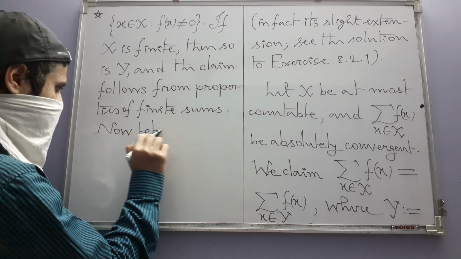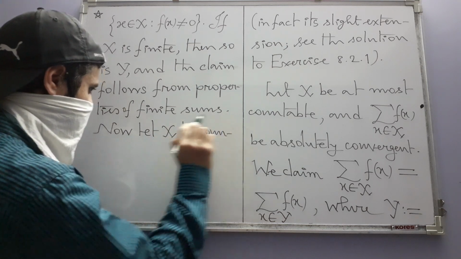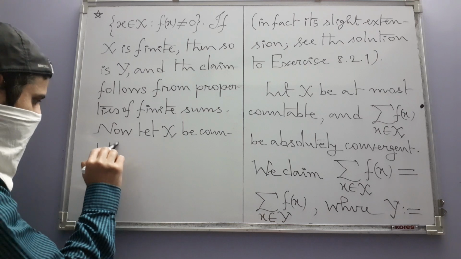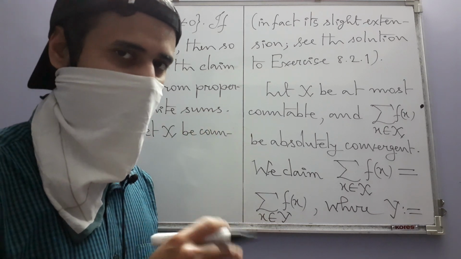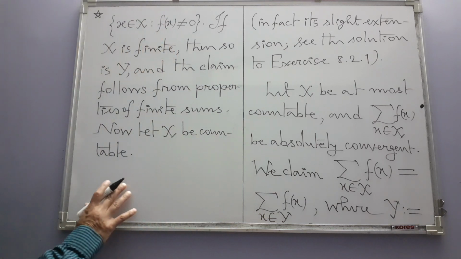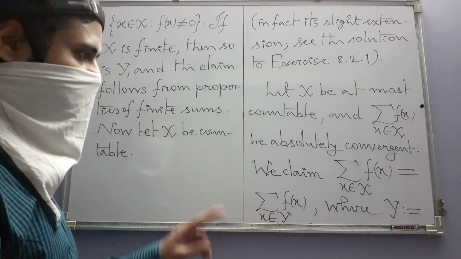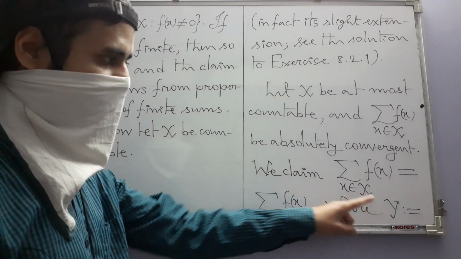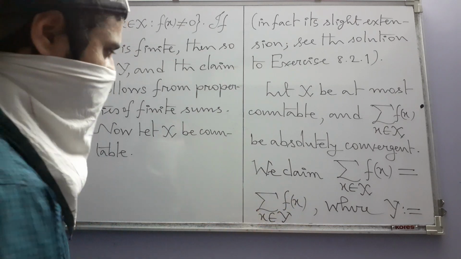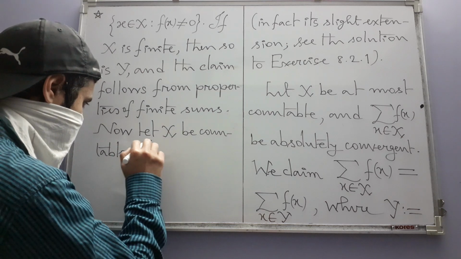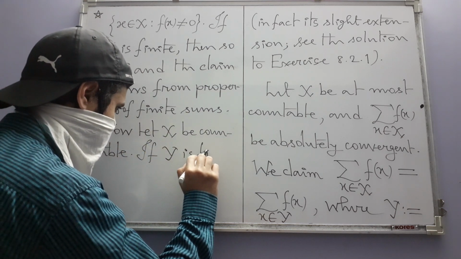Now let x be countable. So now x is infinite, and that means it's countable. Now under this case there are two cases depending on whether y itself is finite or countable. So we consider the finite case first. If y is finite,